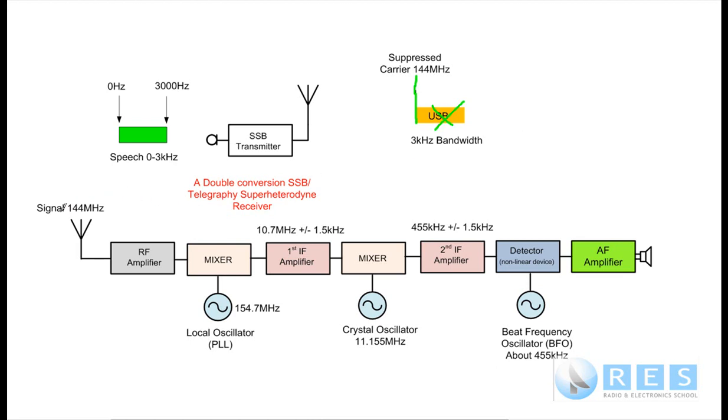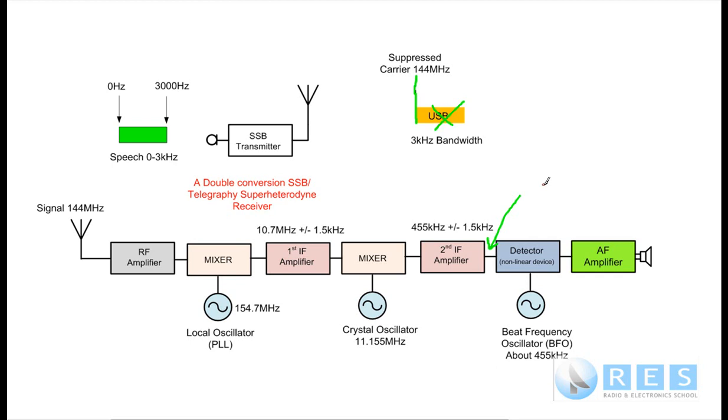Let's suppose we had just an unmodulated 144 megahertz signal transmitting Morse code by being switched on and off. It's a radio frequency signal being switched on and off coming into this receiver. It would be amplified. It's converted to 10.7 megahertz and amplified again. It's converted to 455 kilohertz and amplified again. So at this point here, we would simply have a radio frequency carrier on 455 kilohertz being turned on and off in the pattern of